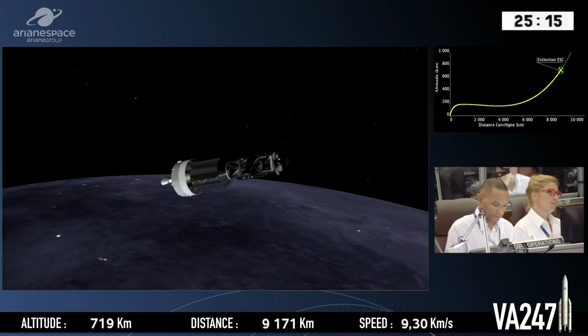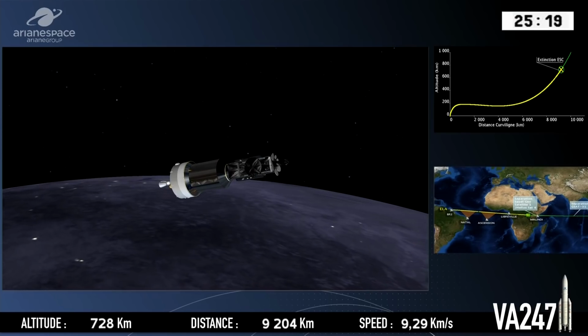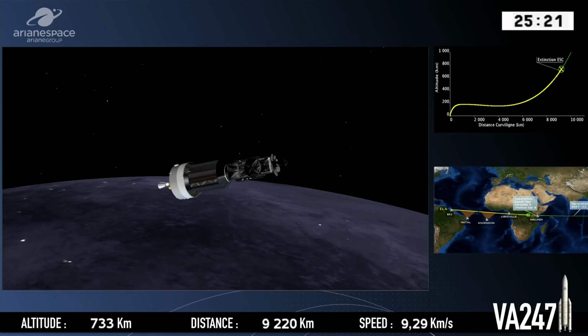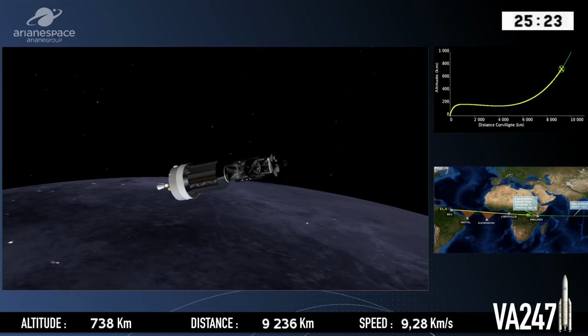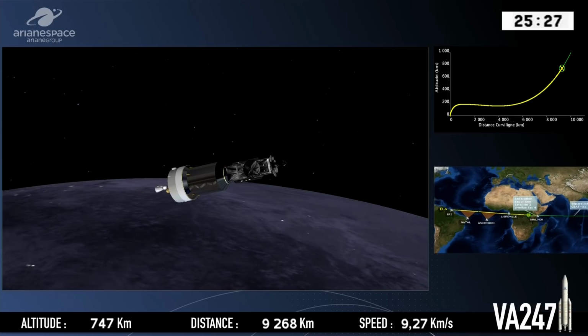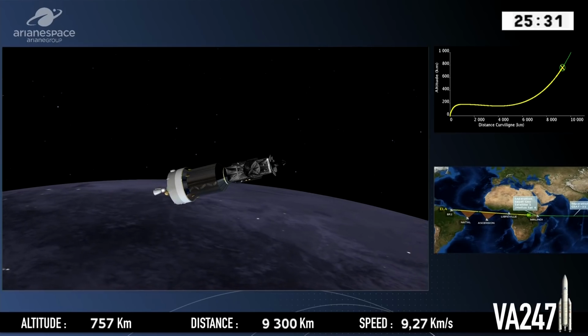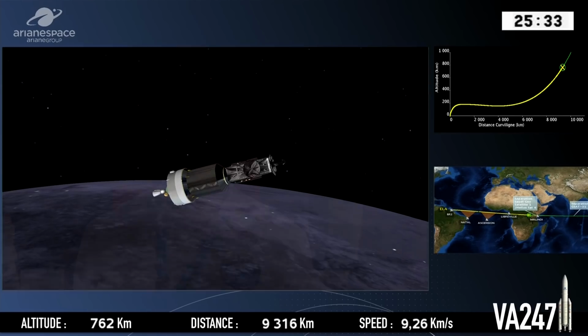And we are into the final flight phase, non-powered. We are coasting. However, we have not reached our maximum speed. You can see we're approaching 9.3 kilometers per second. Ariane's maximum speed will be 9.7 kilometers per second. After that, you'll begin to see her slow down. When she separates the first passenger in just about 2 minutes, her speed will be down to 9.4 kilometers per